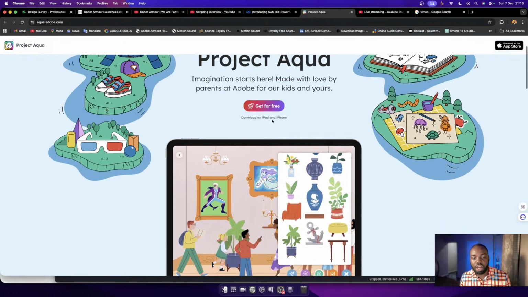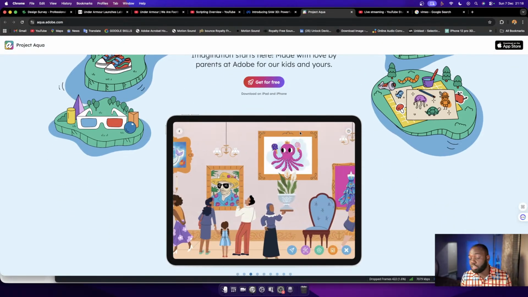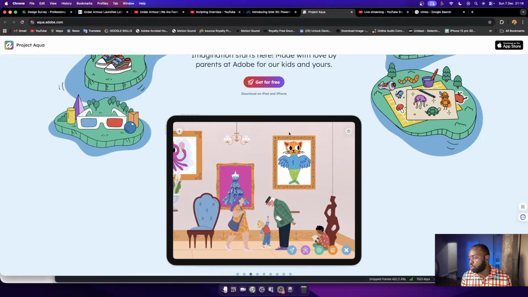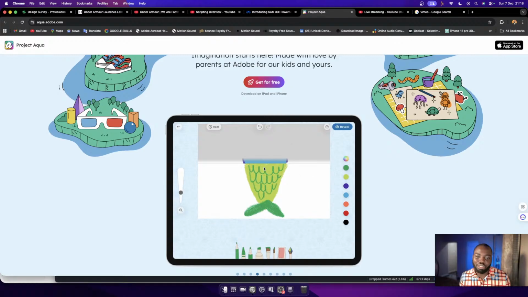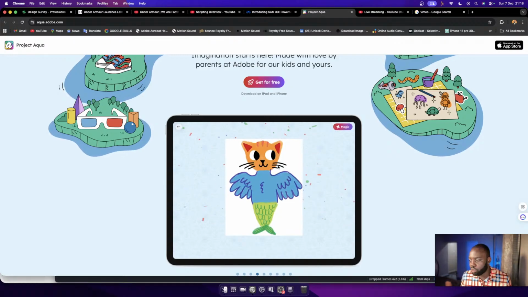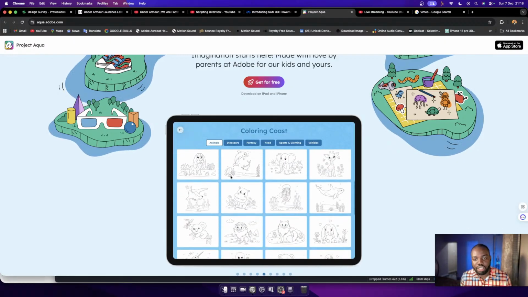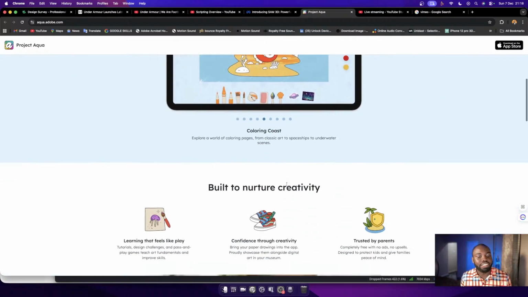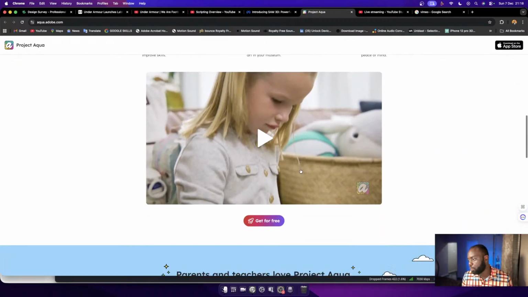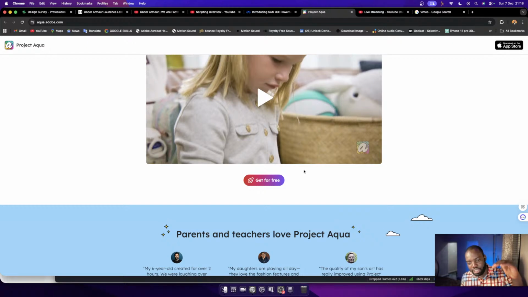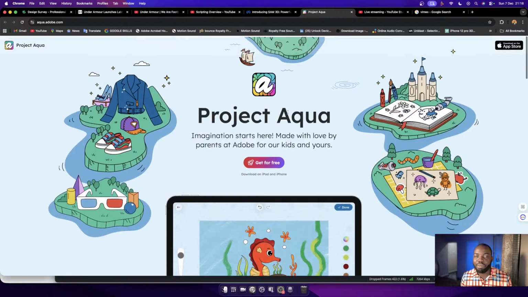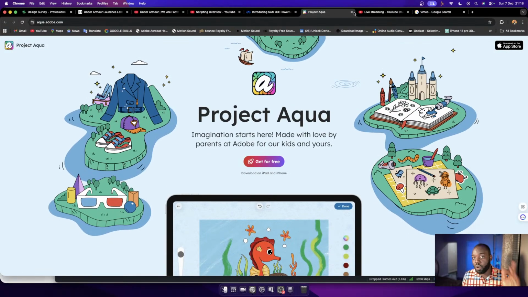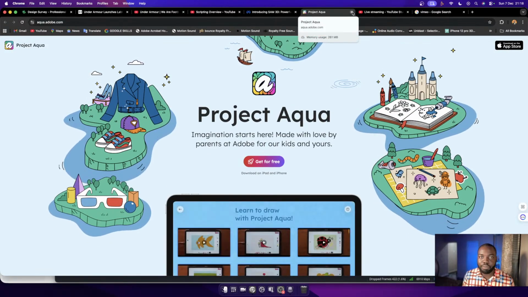It's a drawing, artistic tool that Apple launched basically for children. But there's nothing that stops you as a grown person from using it to create illustrations and a whole bunch of other things. But if you have kids out there, this app looks amazing and incredible, and it's only for iOS. Again, let me just repeat that.